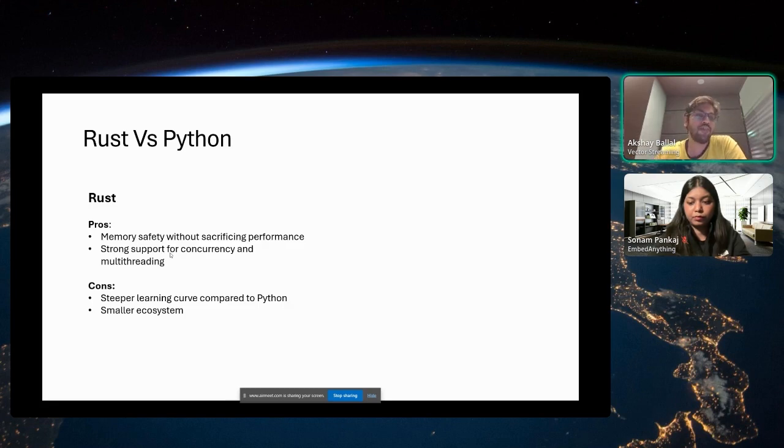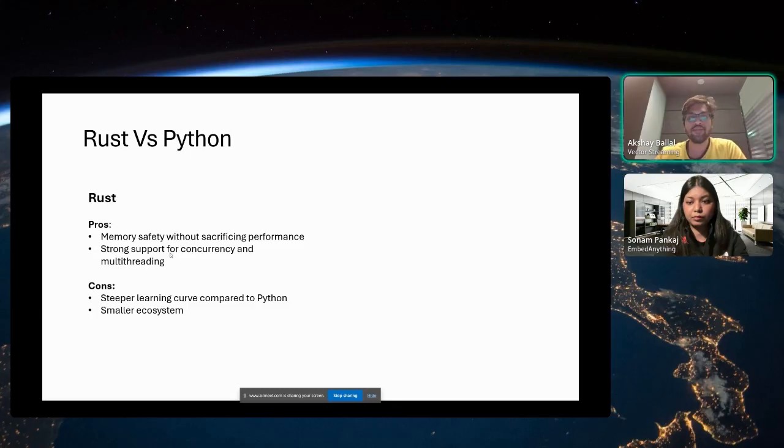But not everyone knows Rust, especially in the ML and AI field whom we want to cater to. It is very difficult to learn, so that is one reason we wanted to expose this to Python. And Rust doesn't have a very big ecosystem.